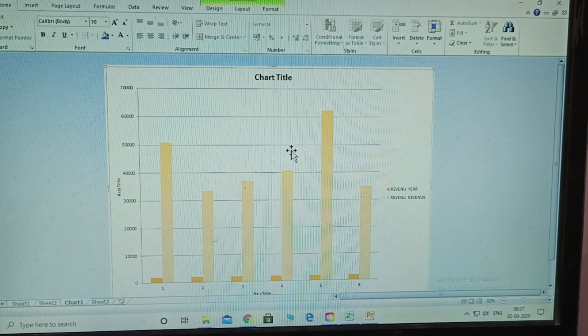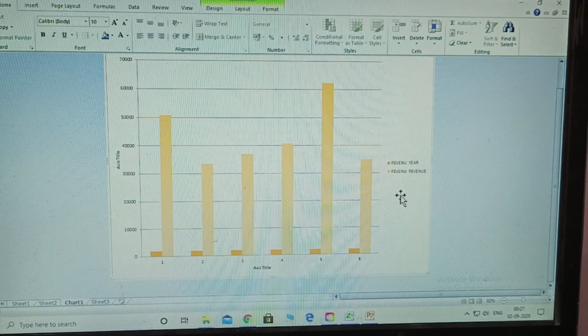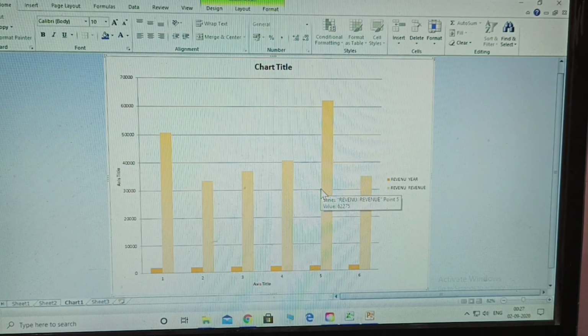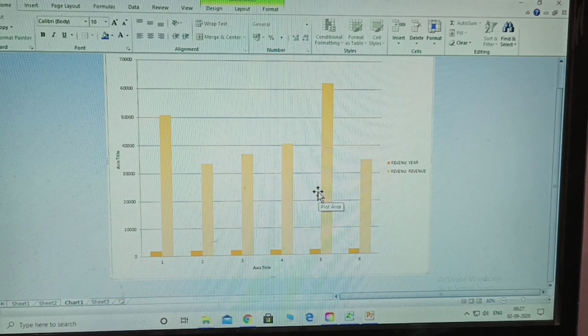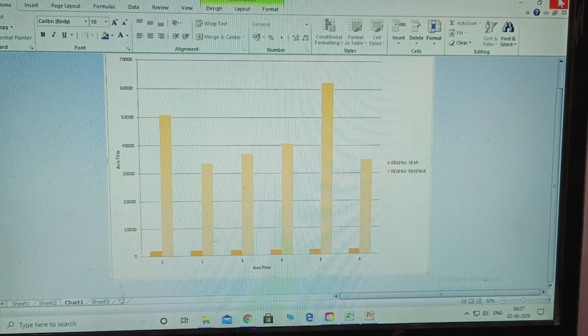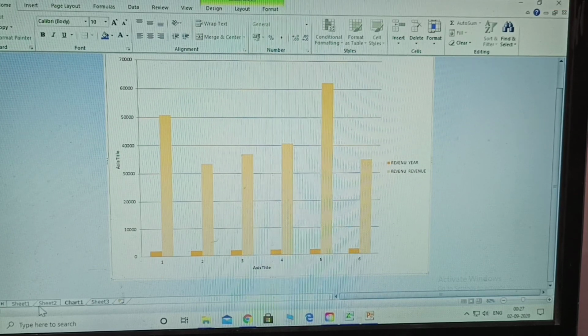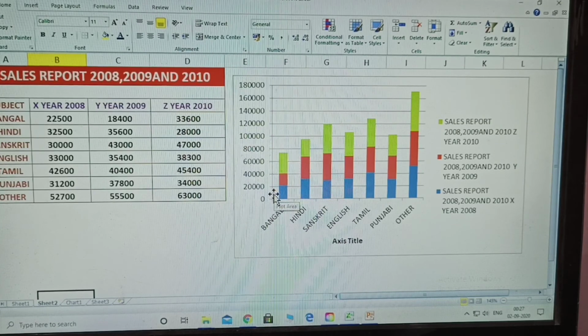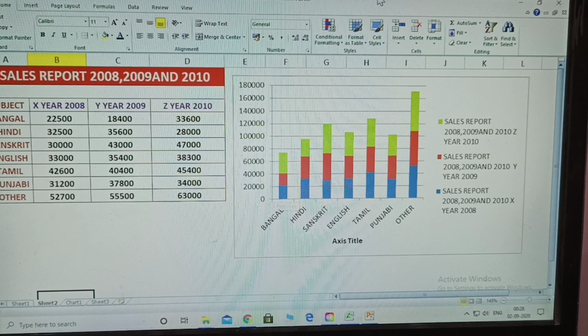The third sheet is not displayed. Chart 1 you take separately, move the chart also. It looks very good, and in this way it can be given to any Xerox, it looks correct. Okay, this is called a chart. Understood, all of you? Next topic I will explain in the next video: chart area and plot area. What is the chart area, what is the plot area, I will explain in the next video.